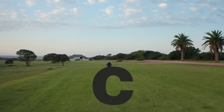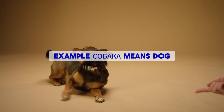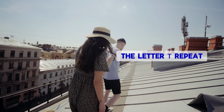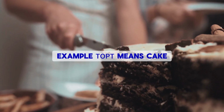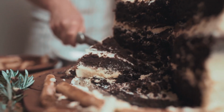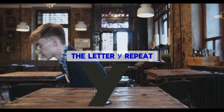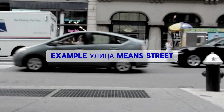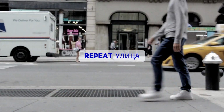С, Example собака means dog. Repeat. собака, The letter Т, repeat. Т, Example торт, means cake. Repeat. торт, The letter У, repeat. У, Example улица, means street. Repeat. улица,